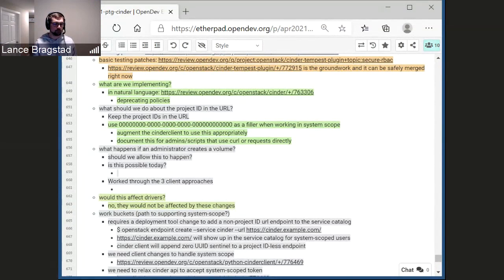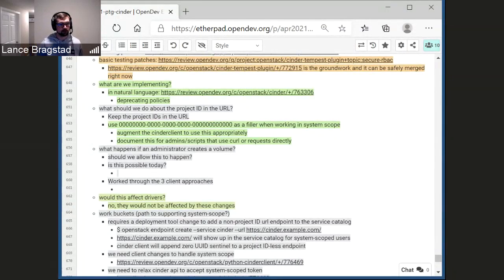Okay. And the problem is if the client chooses the wrong one, it'll fail, or else the client has to be smart enough to detect that, oh, this doesn't have a project ID on the path, I'm going to append the project ID from the token that I'm using. Oh, okay.